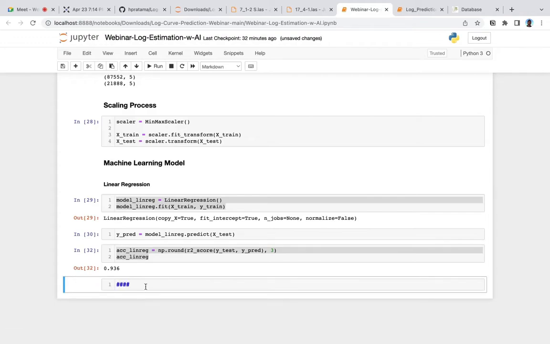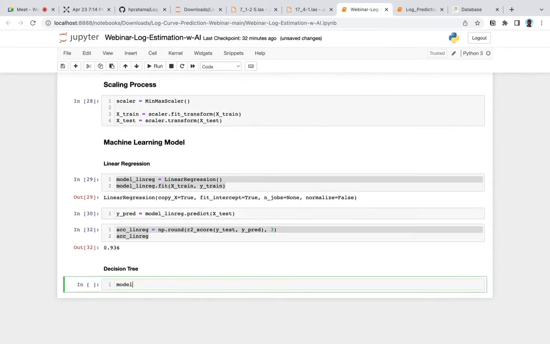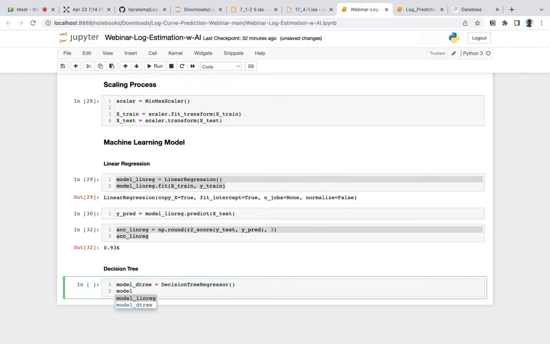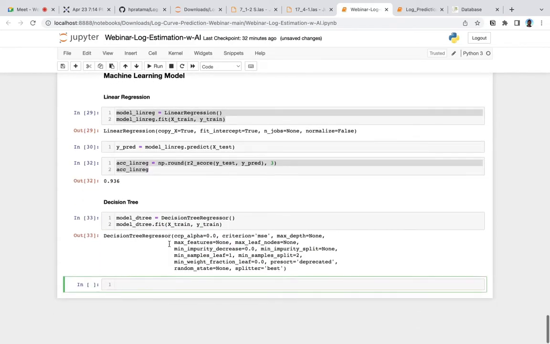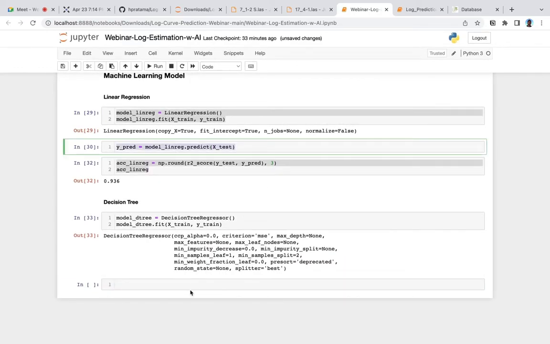The model D3, meaning decision tree, is a decision tree regressor, and then we fit our model to the train data, X train and Y train, the input and output. Alright, we got the decision tree model, and then we are going to evaluate it.